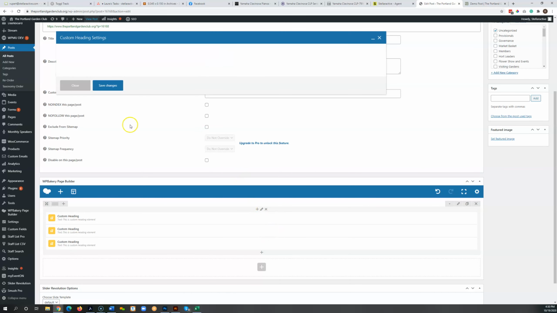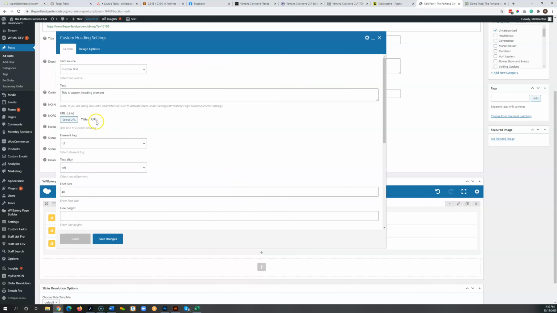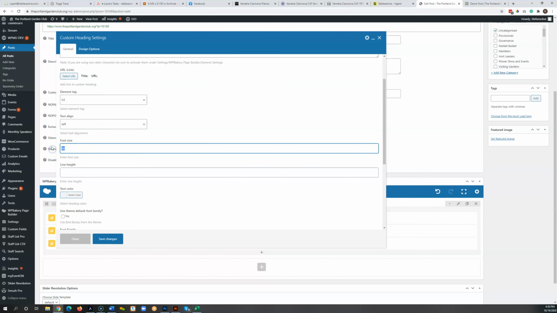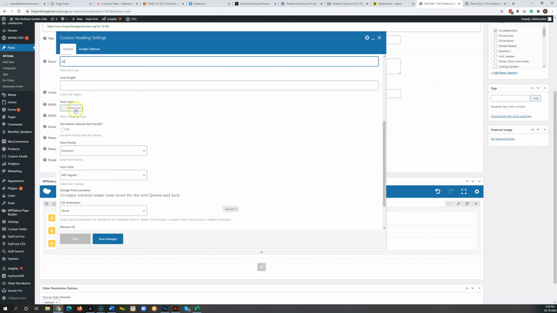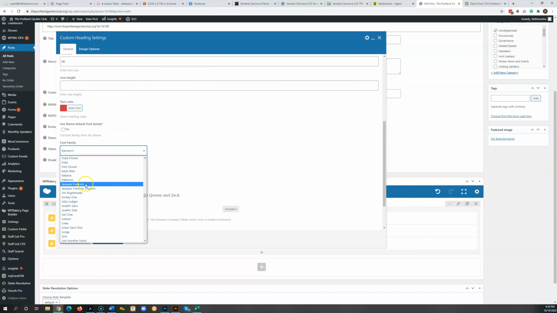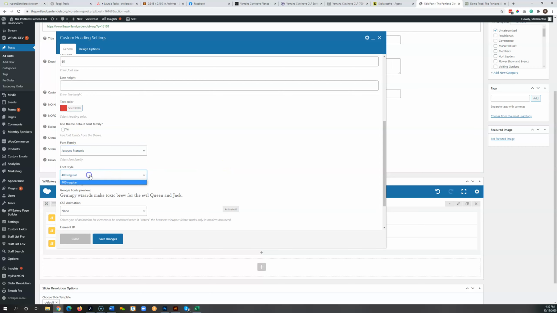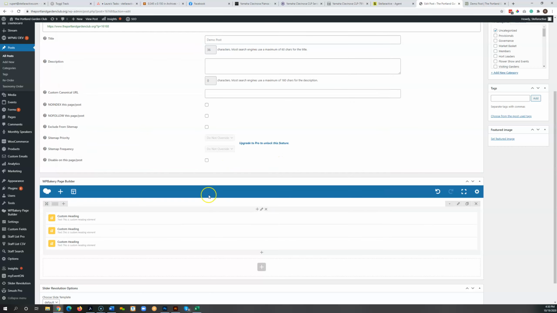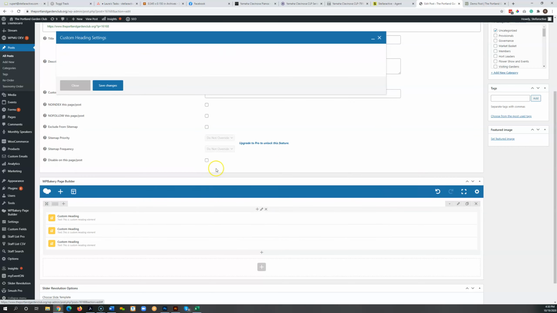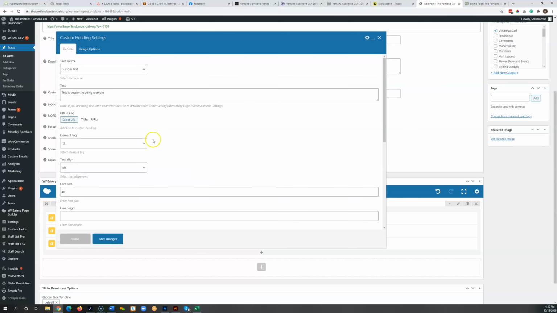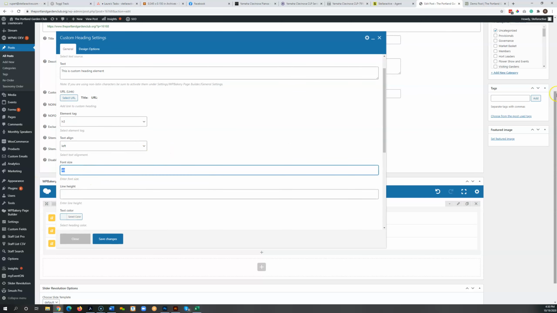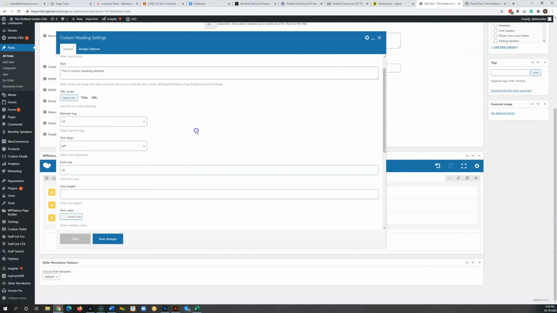and we'll change up, we'll go ahead and we'll make this one 60 points and we'll change the color to bright red here. We'll change the font to whatever this one is. We'll save that, and then let's go ahead and do a third one down here. We'll take this one down to 20, and we'll make this one